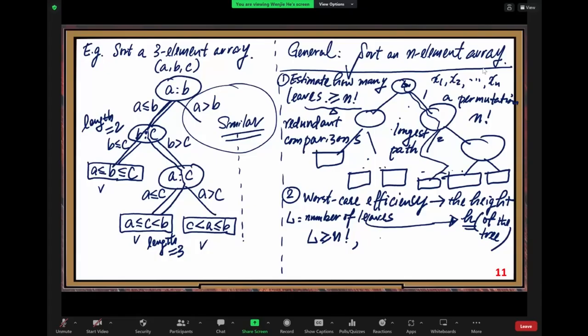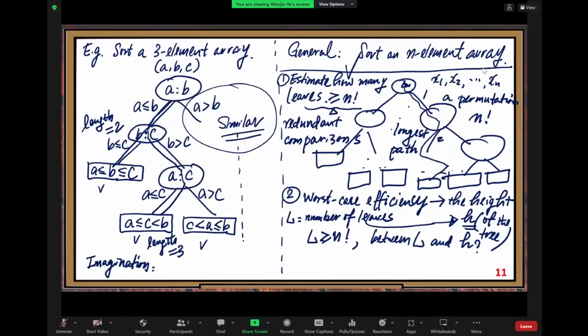We want to find a relationship between L and H. To get this relationship, we need to do some imagination here. So what kind of imagination? Think about,